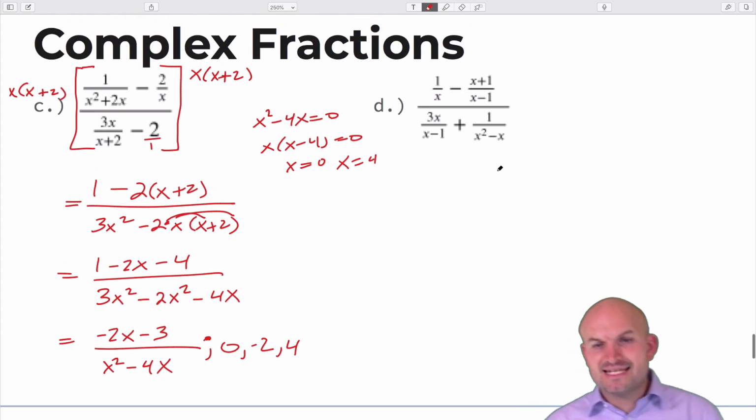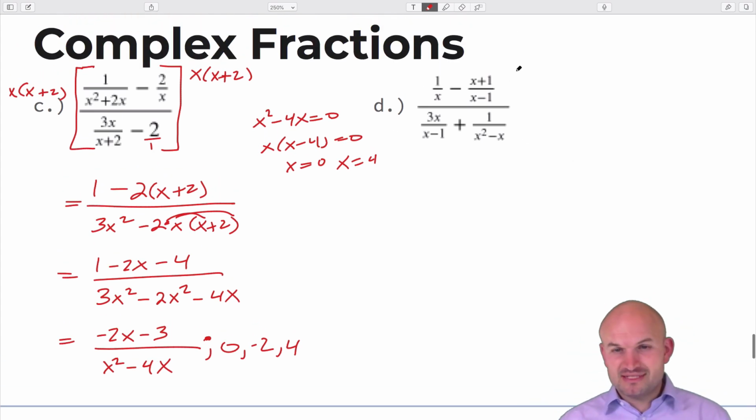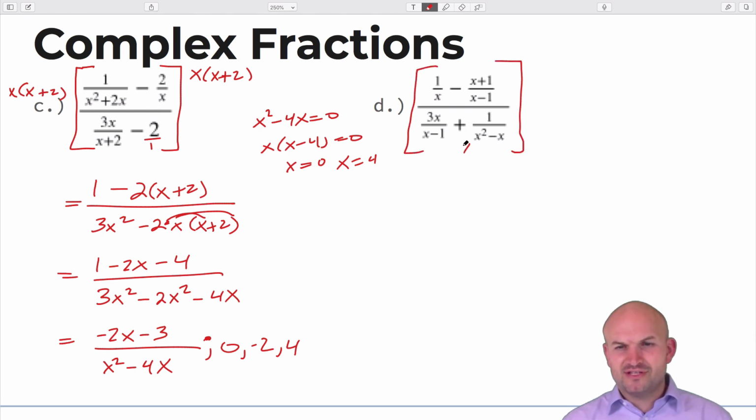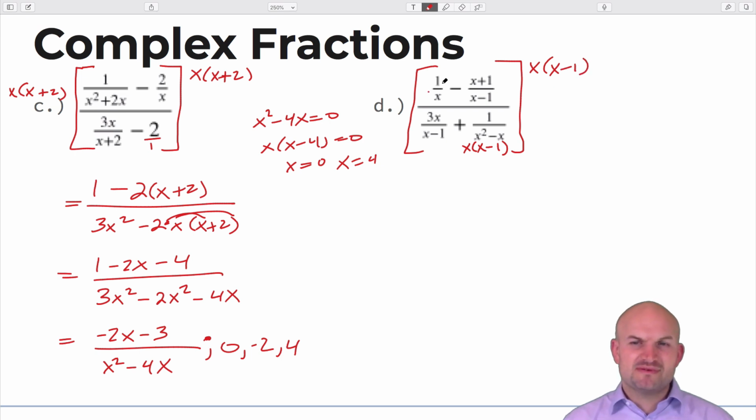All right, last example here. Very, very similar common denominator. In this one, though, we can see if we do our math, we factor this, then it's kind of like this exact same type of problem. We're going to have x times x minus 1. All right, so when I multiply that times my first term, my x's divide out, leave me with an x minus 1. Here, my x minus 1's divide out. So that's going to leave me with a